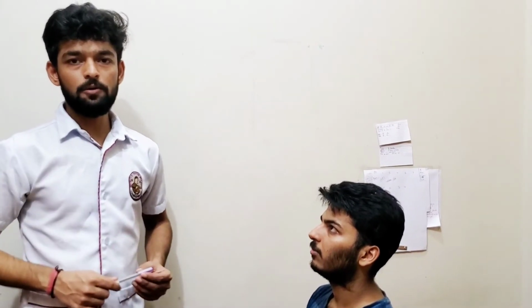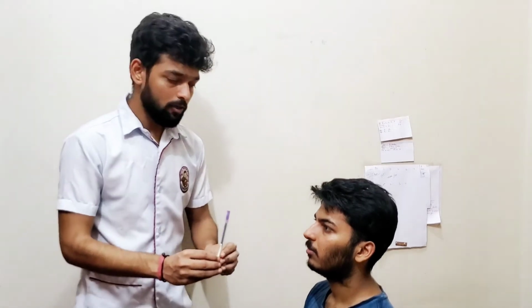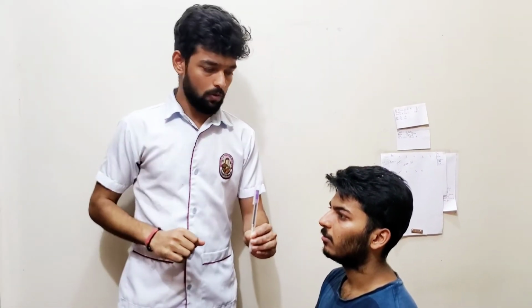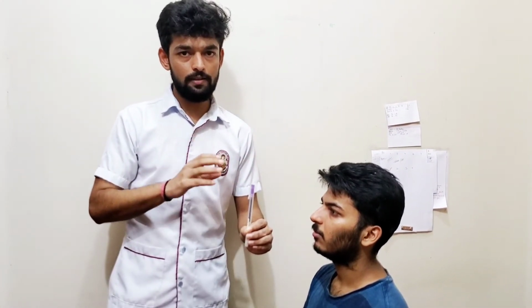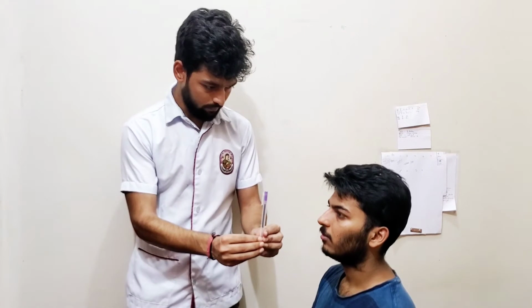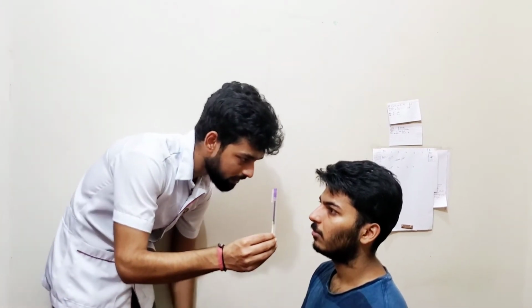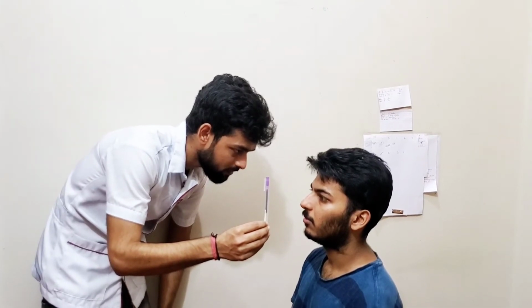Now after this, we'll do the pupil test, in which we will check dilation and constriction of the pupil with the help of an object placed near to the eye, and then ask the patient to look at the object and then to an object which is placed farther. So when the patient focuses on the nearer object, the eye will constrict, and when he looks to the farther object, the eye will dilate. So let's see. Just focus on this. Okay, and then focus on the farther object. Now focus again. Okay.